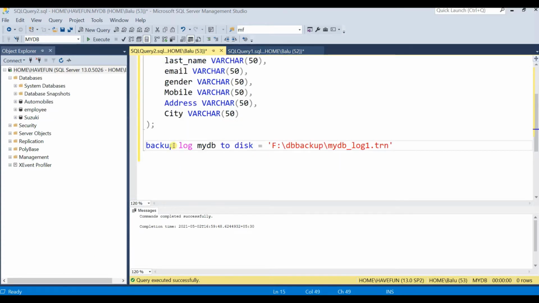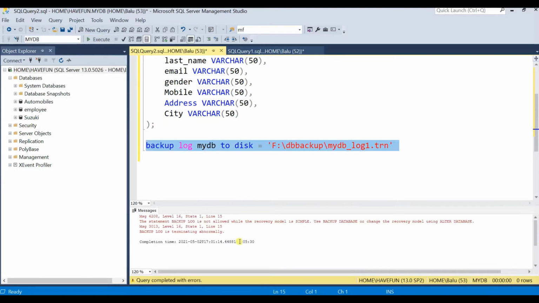This is the transaction log backup T-SQL script. Backup log, mention the database name, to disk, give the path where you want to store your backup file, and this is the backup file name, and this is the .trn extension for the transaction log backup file. And once I execute this statement, it says it is not allowed when the recovery model is simple.